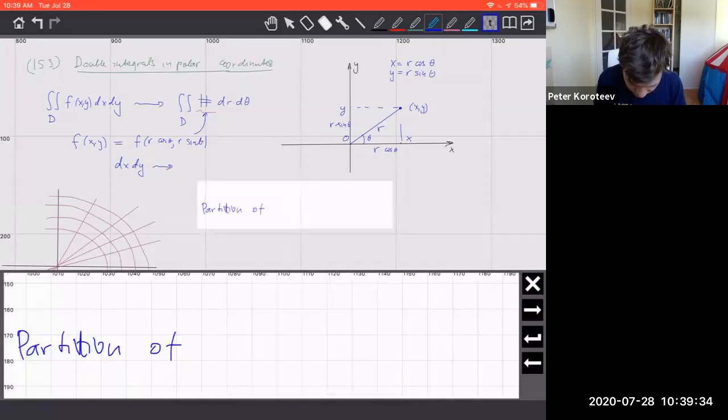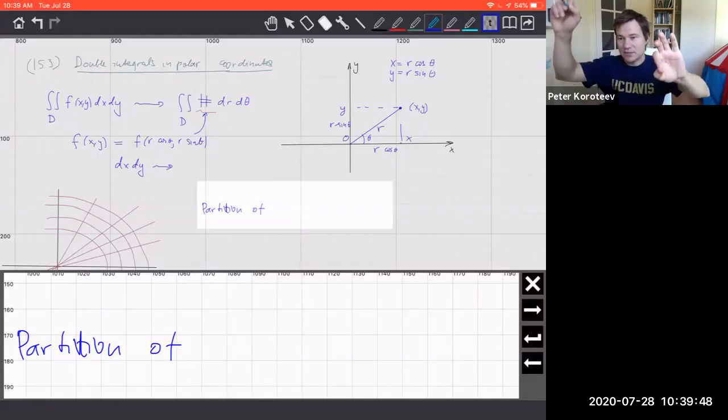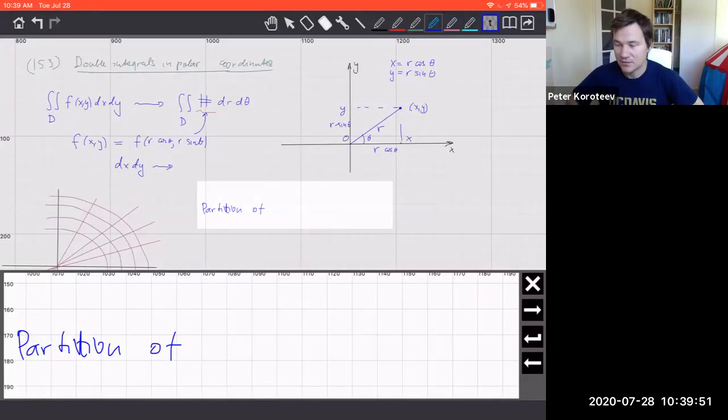An analog of a rectangle in polar coordinates will be what? If in Cartesian coordinates you do the partition in the x and y directions, what would be the analog of that in polar coordinates? What do you think? Which shape behaves as nicely as the rectangle? Triangle? Circle? Well, okay, circle is a part of it. Circle is a part of the boundary of the shape, right? But it has to have an area, right? We're integrating over something.